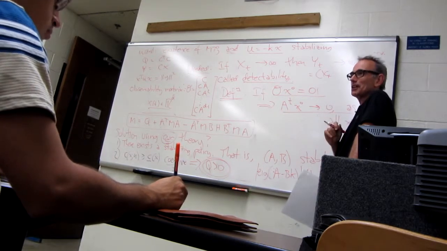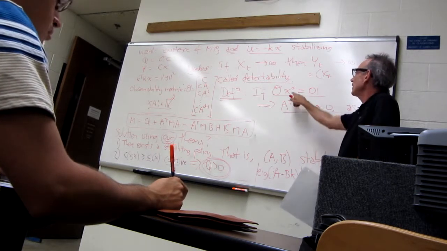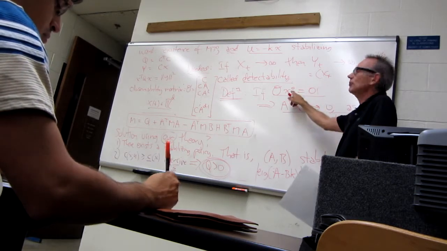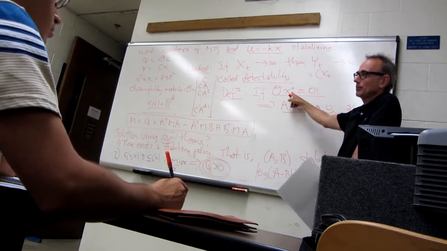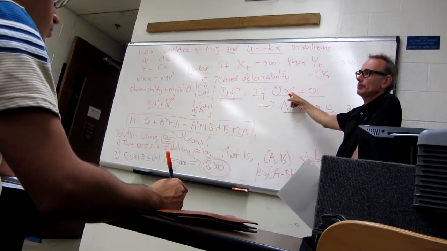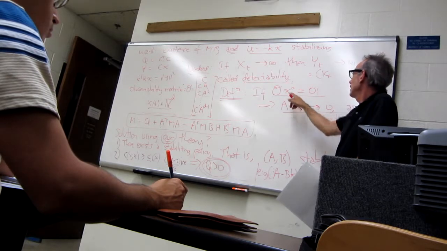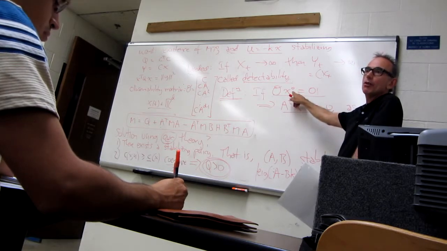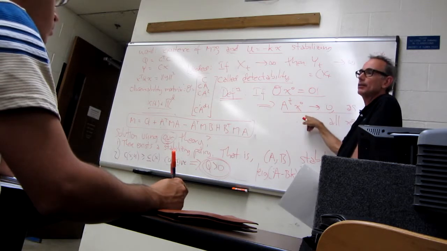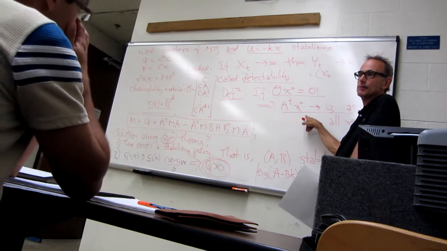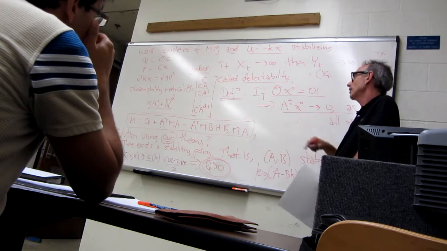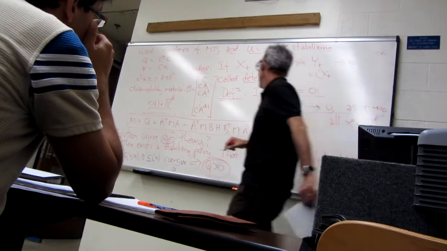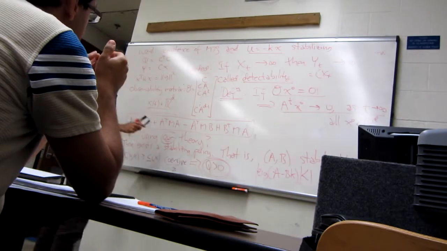That's the definition of detectability. So anything that's not observable, with this initial condition and without any noise, y would be 0. And if the output is 0, you want the state to decay to 0. It's called detectability. And that turns out to be good. So the theorem is that if you have these two conditions,